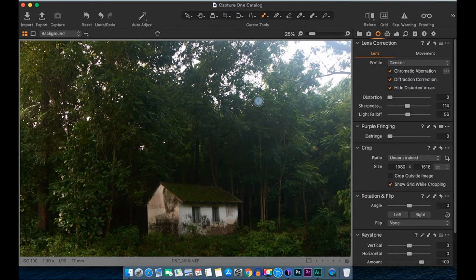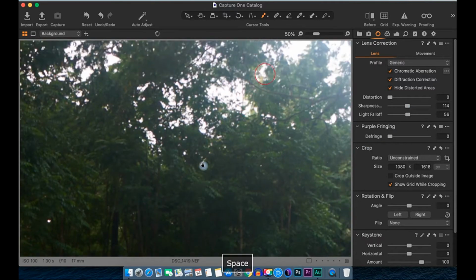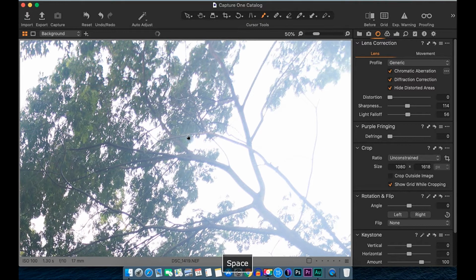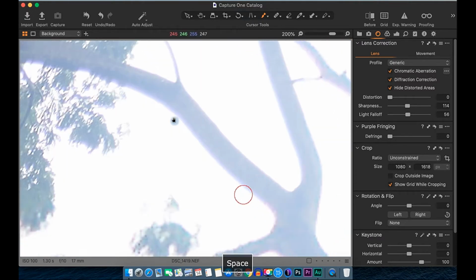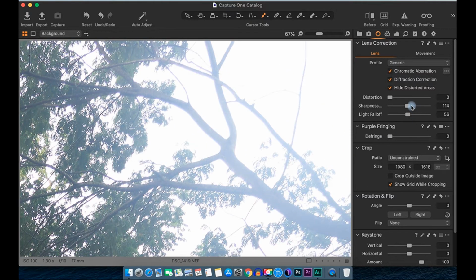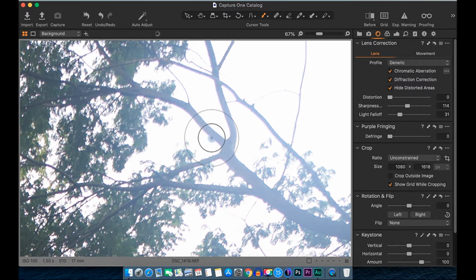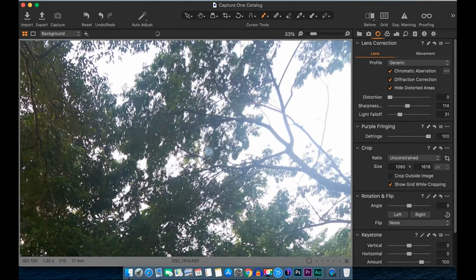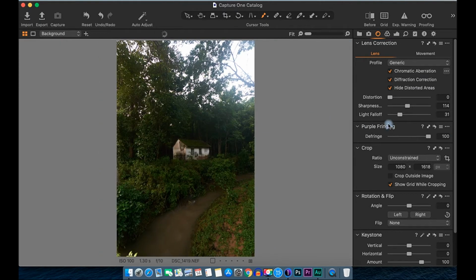Let's zoom into this part where we can see the fringe. We'll reduce the lens fall off a little bit, and here we can see this fringe. So let's take it all the way to 100. Yeah, it has removed all the chromatic aberration.